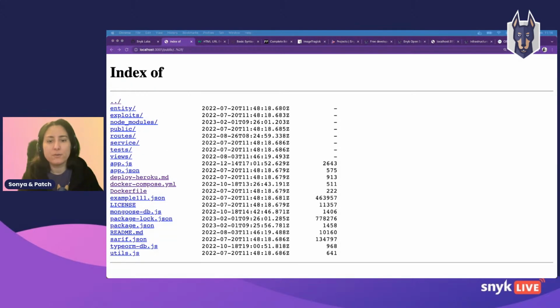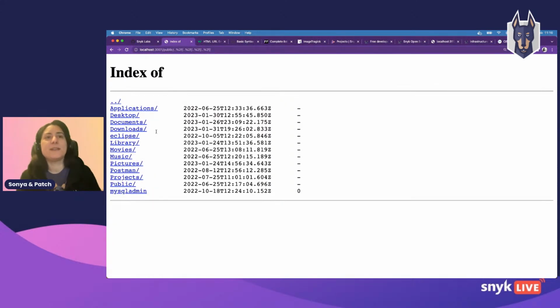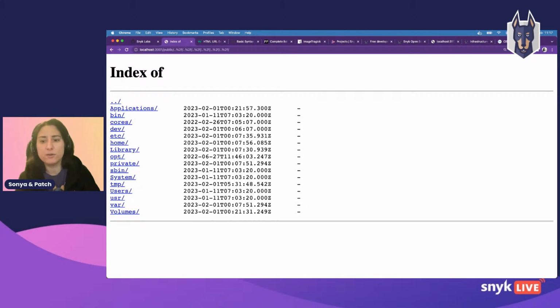What I'm going to do is actually try to continue going up in this folder. So let's see what I can have access to. So here, because I mentioned that I've actually installed it locally, obviously you will see the folder that I have on my device. But imagine you're hosting it on a server. You would potentially have access to your server folders and files. And here you can see that I have access to the Etc folder, which is not great news. Obviously, I'm not going to click on this and reveal sensitive info, but you get the gist of it.